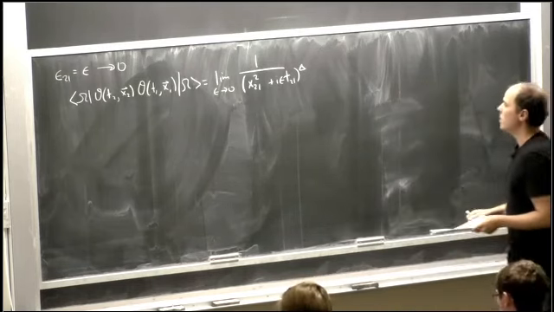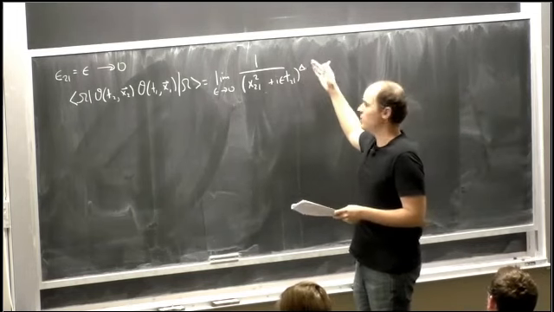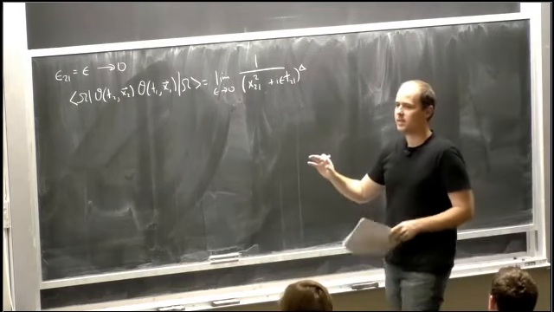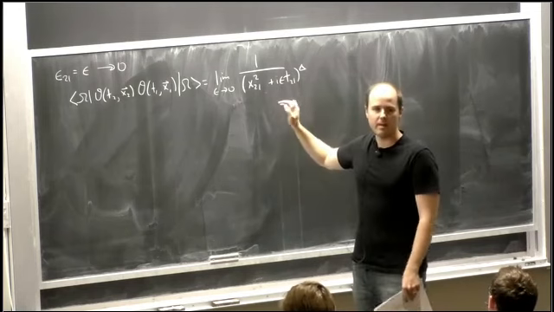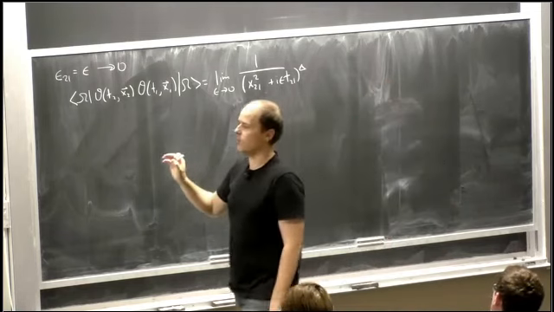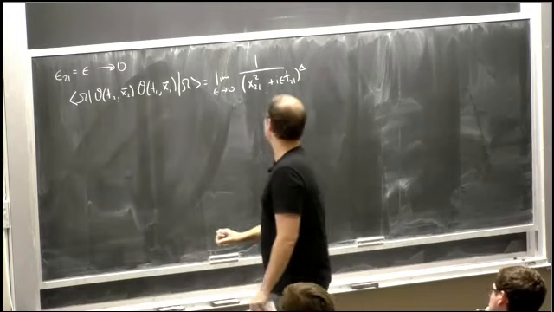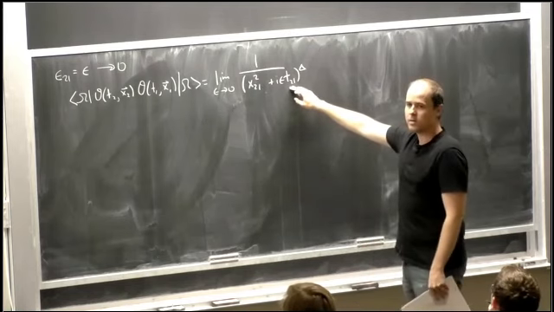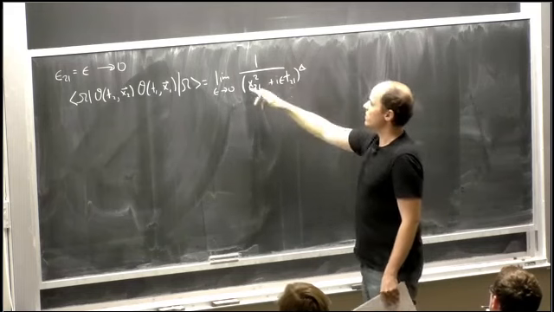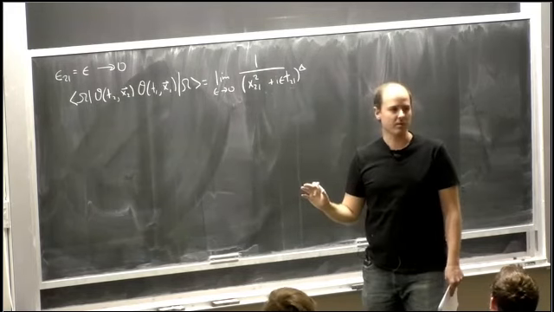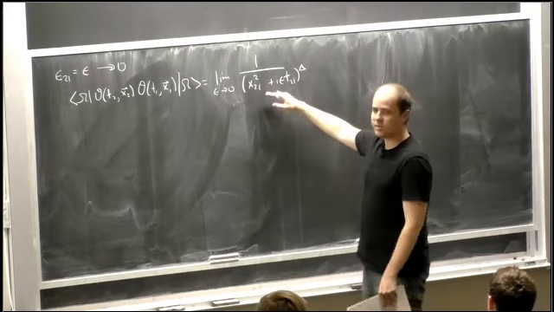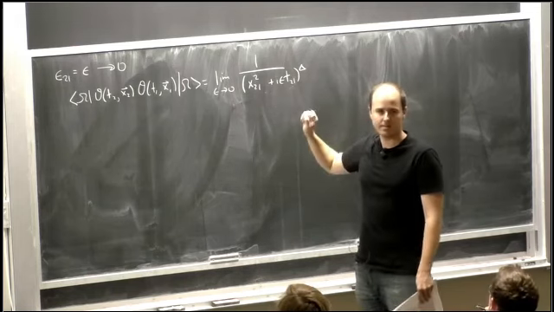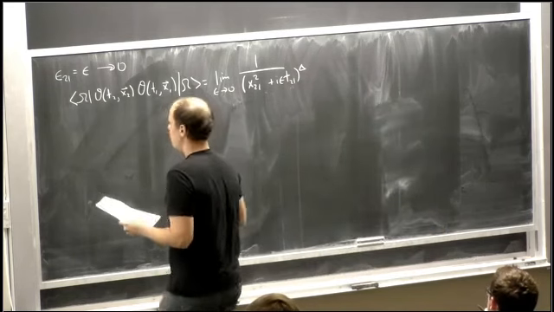Okay, now we have a complex number raised to a non-integer power in the denominator. But the whole point of this exercise is that the phase of this quantity is unambiguous. It's fixed by our prescription for computing this. The prescription says that when t21 is equal to 0, the 2-point function should be positive because it's equal to the Euclidean 2-point function. And then the value of the phase of this thing should be obtained by continuing in t21 from that region at finite epsilon. Okay? And so I'll leave it as an exercise.